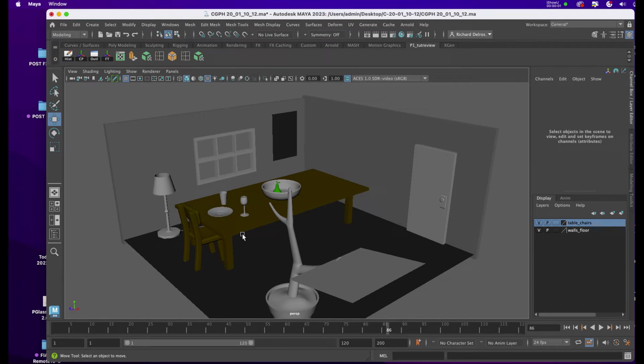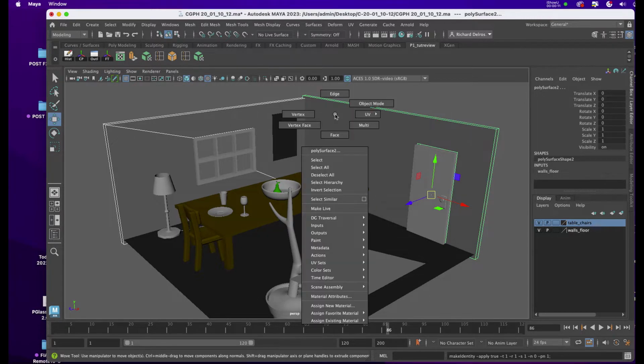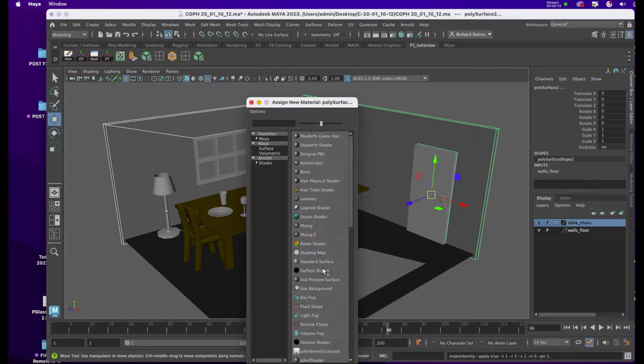In this video, we're going to apply texture to our two walls. I'll start by shift selecting the surfaces, clicking on Delete by Type History, and Freeze Transforms. Next, I'll right-click and assign a new material,